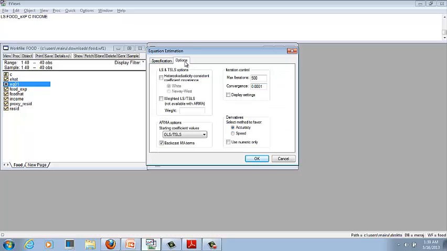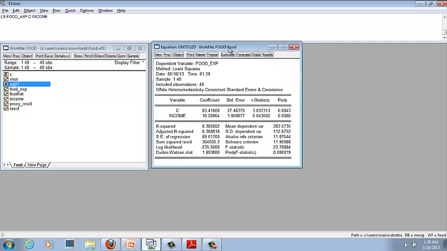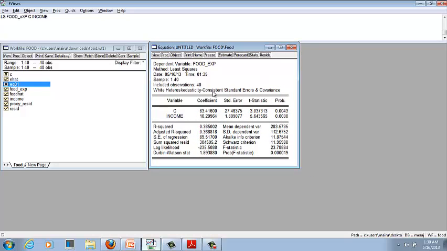So just click that, and you can see here heteroskedasticity consistent coefficient covariance. Just check it and click OK. Now it is White heteroskedasticity consistent standard errors and covariances.